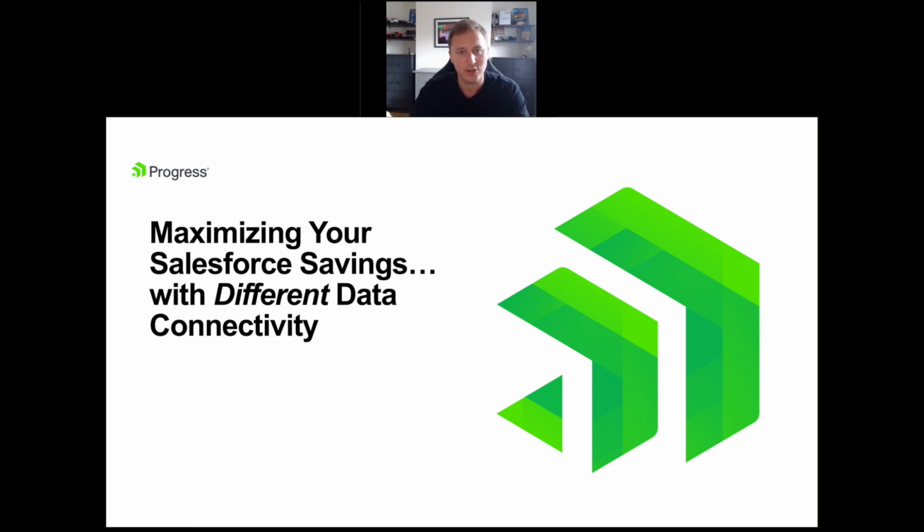Now, of course, in the world of 2024, integrating your data into Salesforce to create that 360-degree view is so important, but with this AI wave coming over us, it's more vital than ever that we've got all of our customer data in one place. So that's what we're going to be speaking about today: how to integrate all your data better into Salesforce.